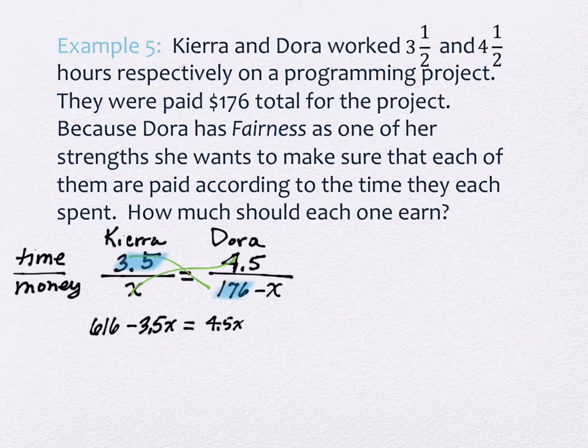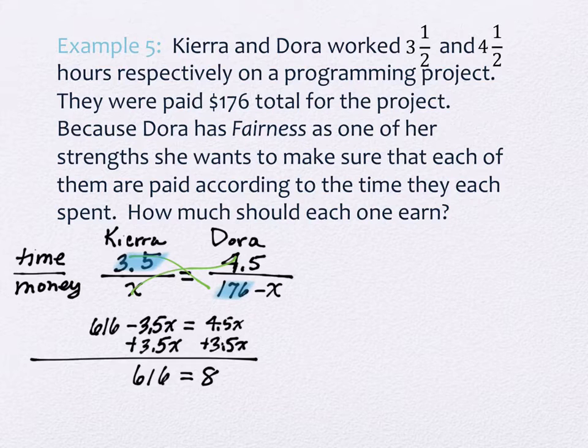And then we can add the 3.5x. I meant plus the 3.5x. Okay. So on the left I have the 616. What do I have on the right? 8x. And if I divide by 8,